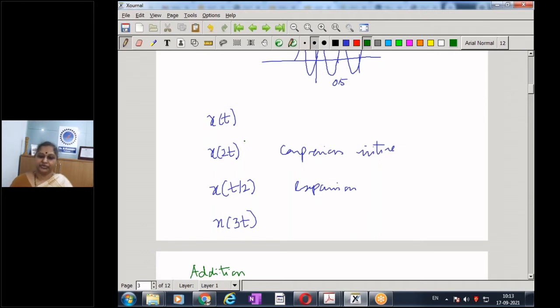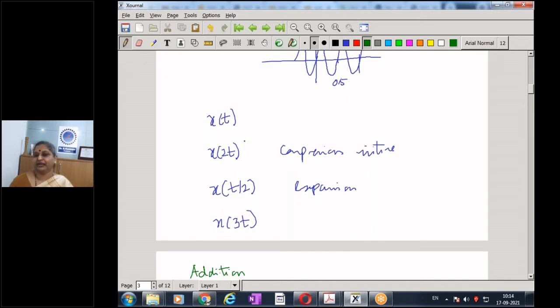No, we cannot compress time. That is something we all agree on. Then my question is, what do you think is actually happening in x of 2t? Have you experienced it at any time? Whatever happens in a time period of 1 hour is now going to happen in half an hour. When can we do this time compression? If I cannot do it in real time, if I have a signal, if something is happening, I can store it and then compress it.